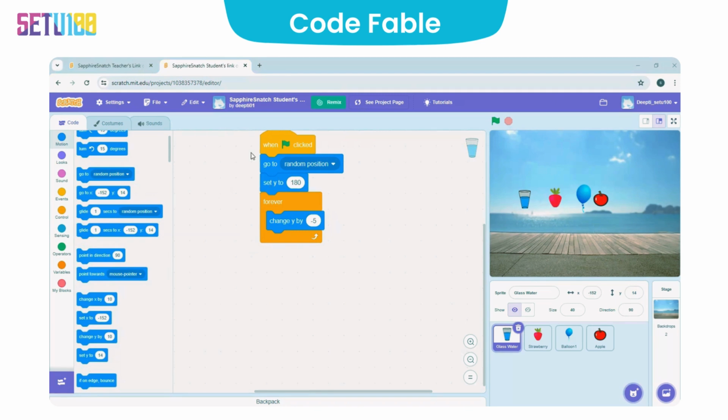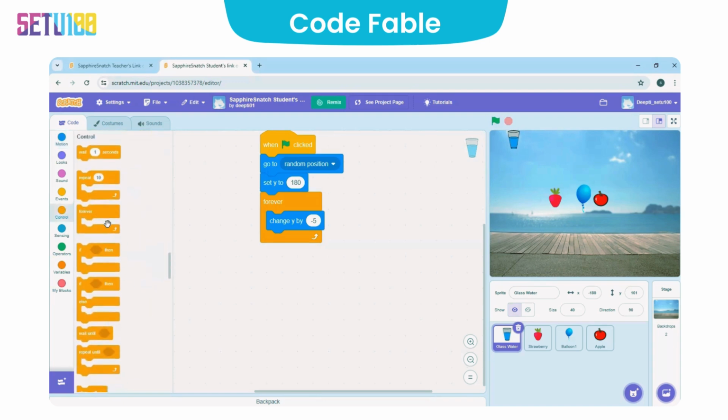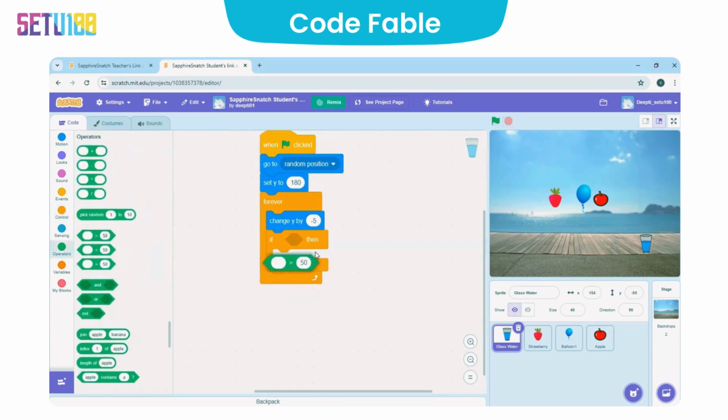Now here, you can check this condition. See, this glass is dropping from top to bottom every time you click on the green flag. But this needs to happen continuously. Once the glass reaches this point, it will be positioned back randomly anywhere on the top. For that, you have to create one condition. To create a conditional statement, we are taking the if option, and then the less than operator. So if